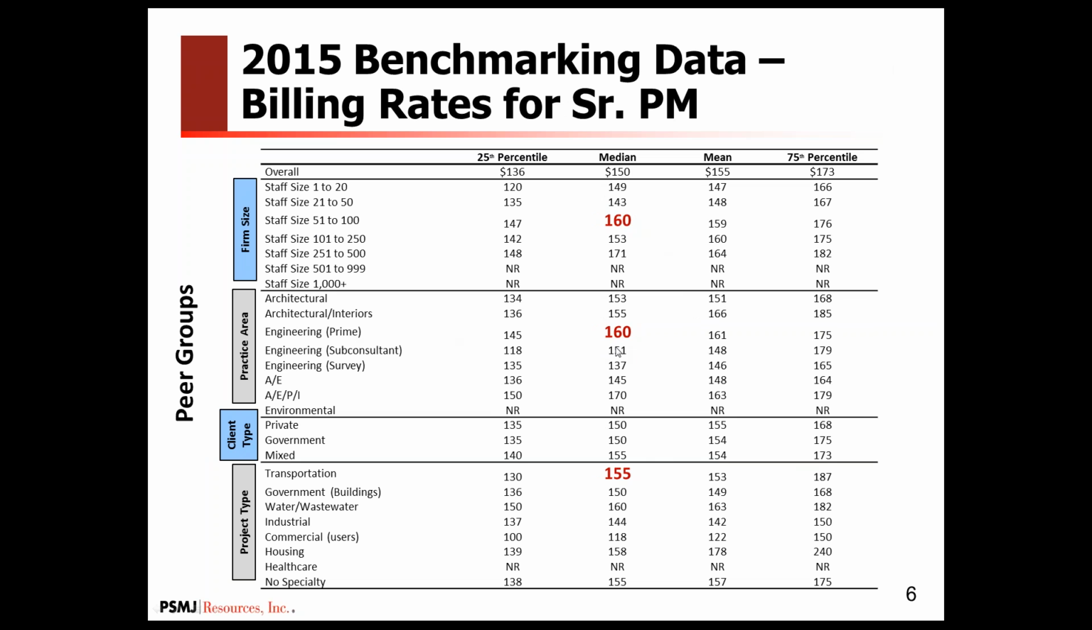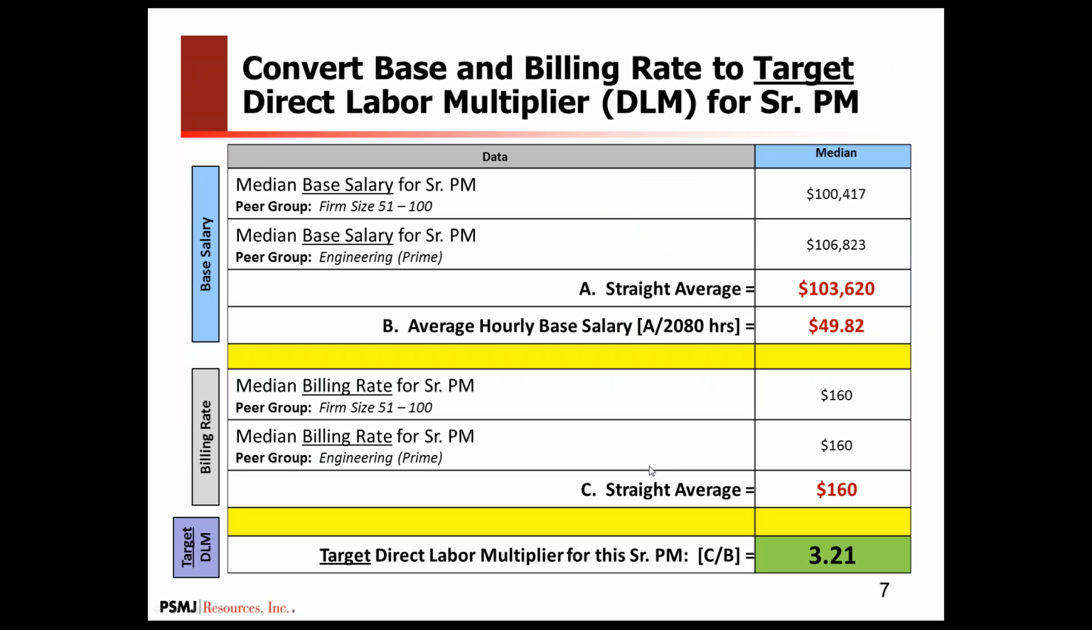Engineering primes, 160 per hour, and if I'm in transportation, it drops a little to 155. So how do we convert base and billing rate to a target direct labor multiplier for the senior PM? Generally, if I'm doing a compensation analysis, I bring in multiple resources. But in the interest of simplicity, we're going to focus on PSMJ's data, and we're just going to use 2